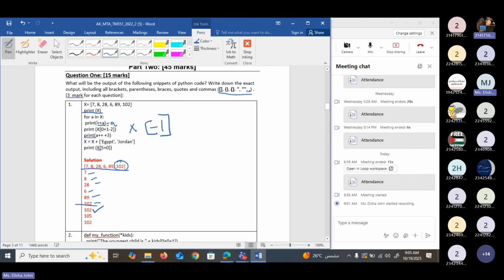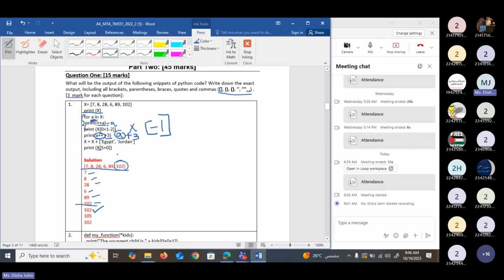Clear. Yes, clear. Okay, then we have one more print statement here, a plus plus plus 3. So a plus plus, it is the post increment operator. So as I told you before, there is no pre-increment and there is no post increment operator in Python. So a plus plus, it is the same as a. It will consider a plus plus as a. Then there is one more plus, and a plus 3. Okay, so here what is the value of a? That means before we used a in this for each statement.